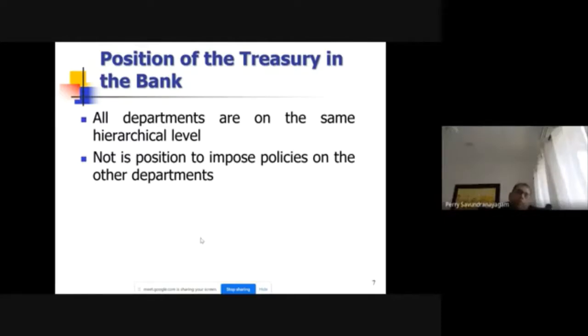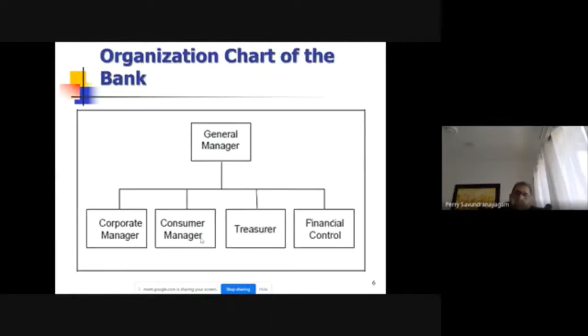Okay, so let me put it this way. There are two reasons. One is controls, to make sure that there's an independent check on what Treasury does, without Treasury being able to influence that control or that check. And the second reason is to ensure that there is customer fairness. So the first aspect, controls, we'll take a person who puts a deal into a system. I buy dollars at 200 rupees, right?